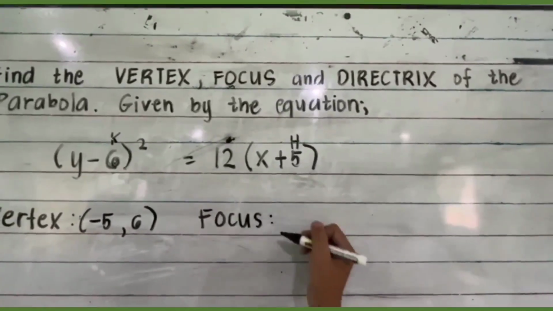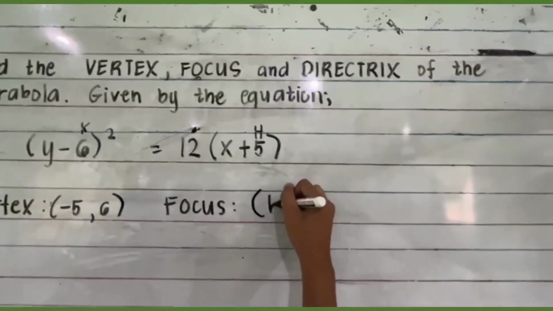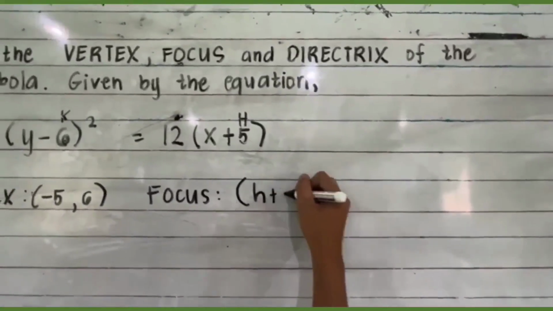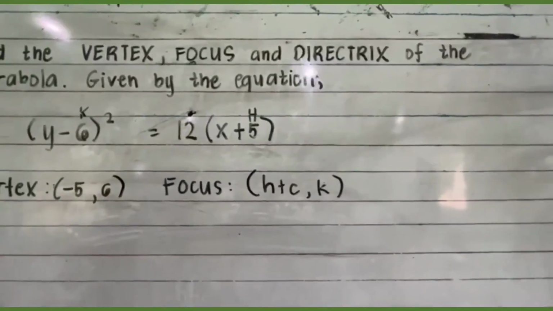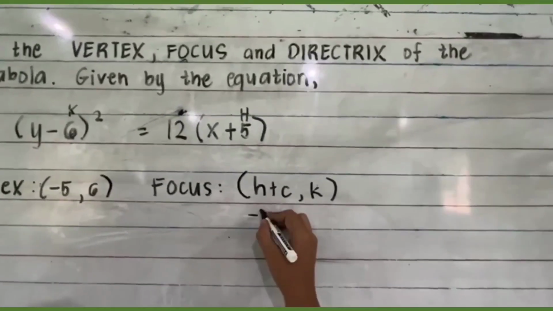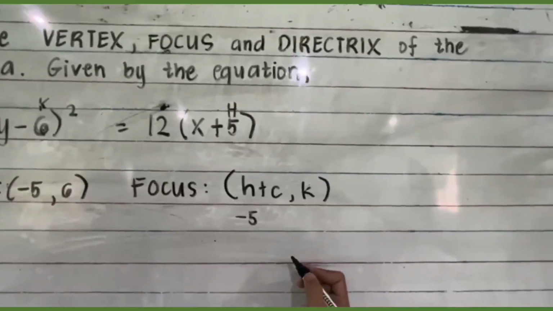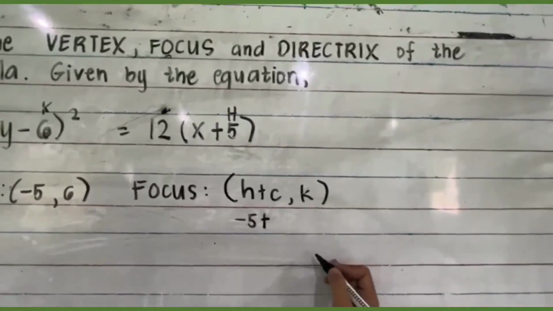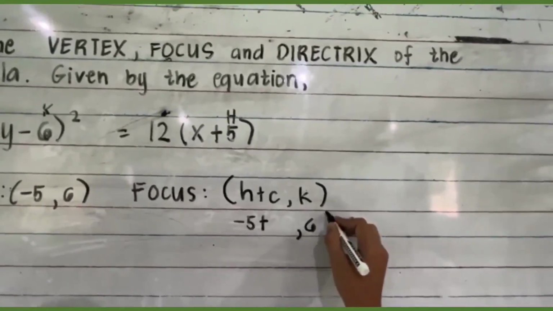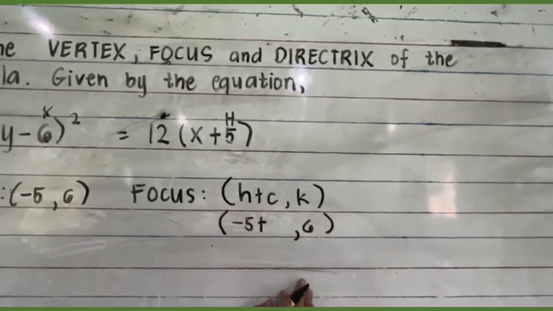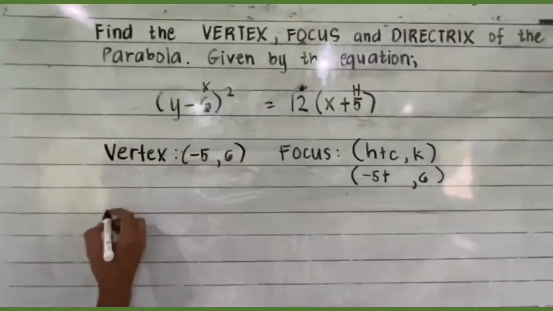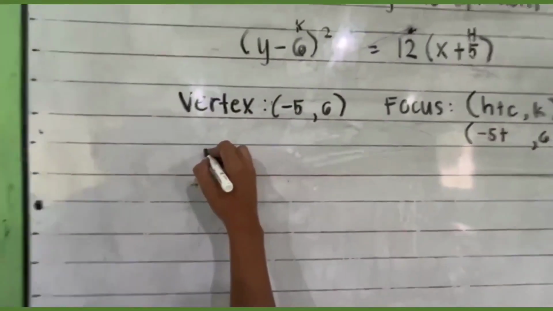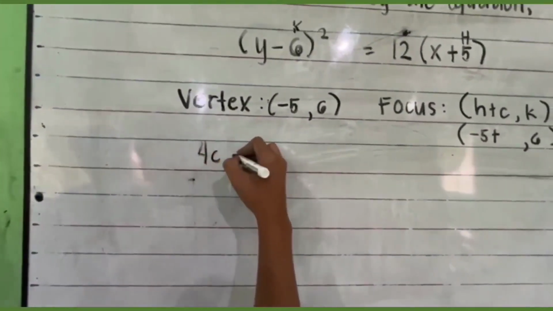Since our given starts with y and k, then our focus formula is h plus c, k. After that, you just need to substitute its value. Our h is negative 5 and k is 6. We don't have the value of c. So using the formula for c equals 12,